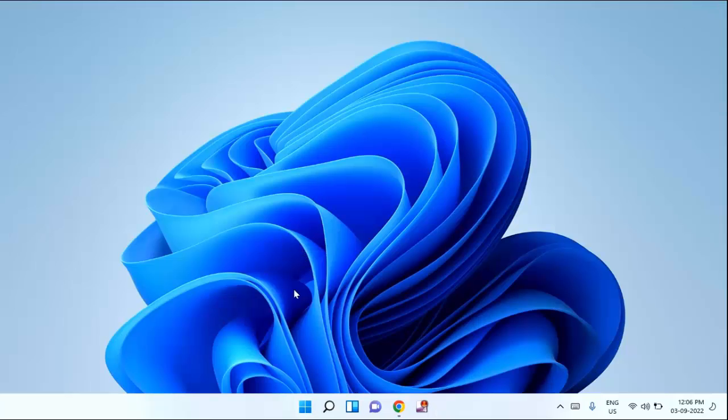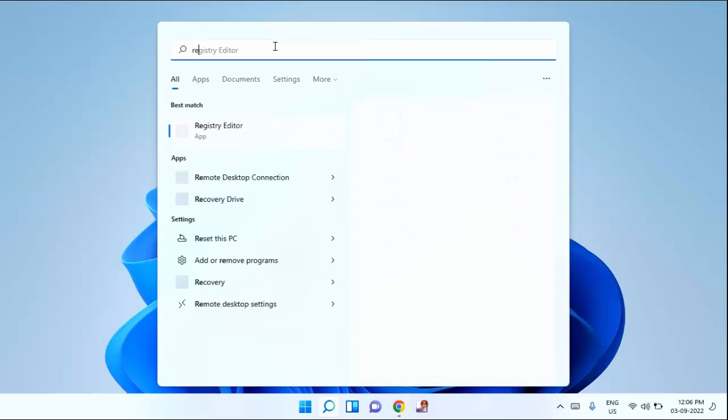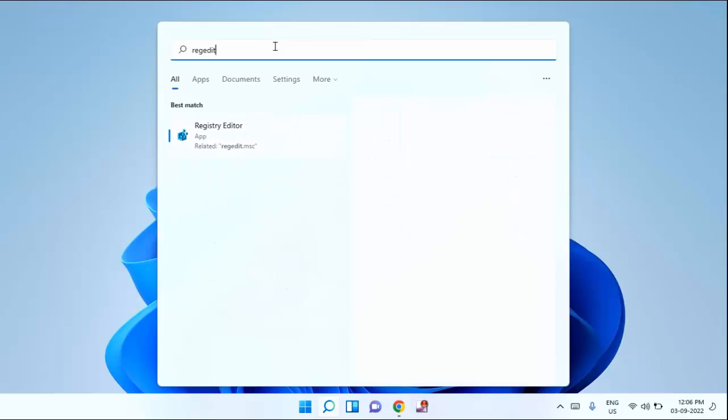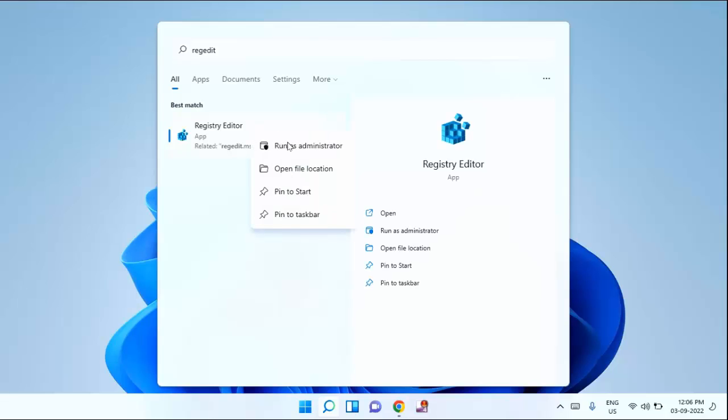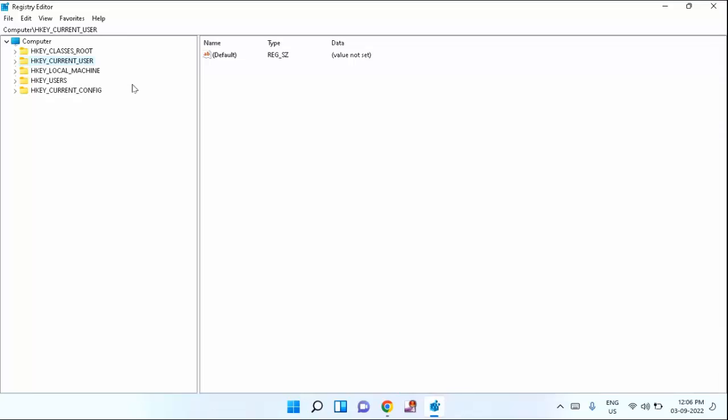Guys, try the third method. Click on start menu, then type here regedit. Just right click on registry editor and click on run as administrator. Click on yes. Guys, in this you can see HKEY_LOCAL_MACHINE. Double click and expand that one. After that,